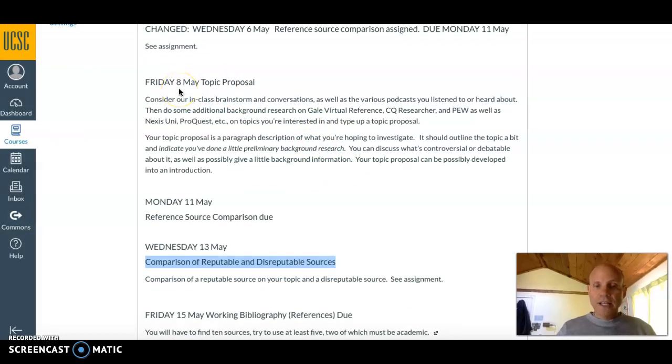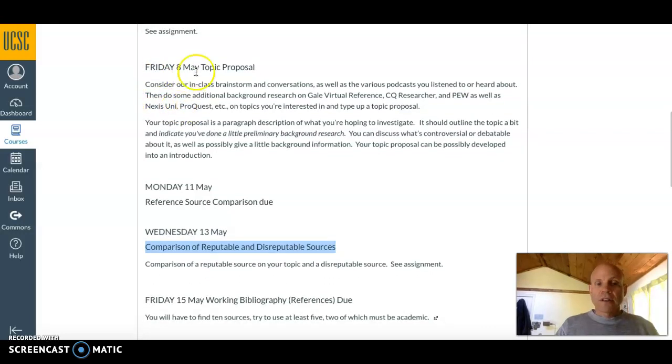This is due Friday, and the assignment is just what this says. It's asking you to consider our in-class brainstorm, and in the actual assignment I included our Pew research surveys and CQ Researcher surveys, and some of our conversations about possible topics.